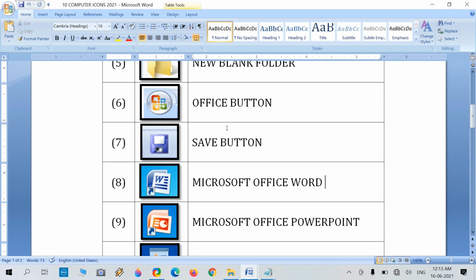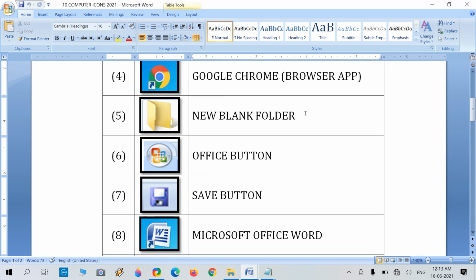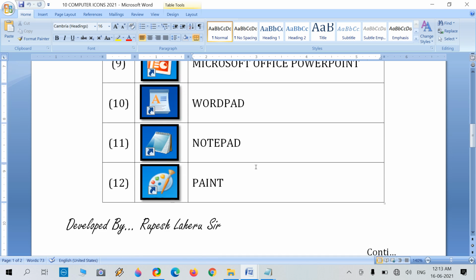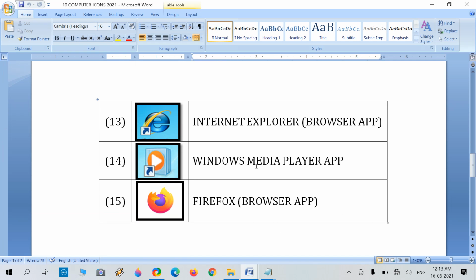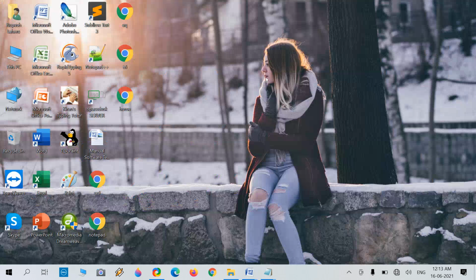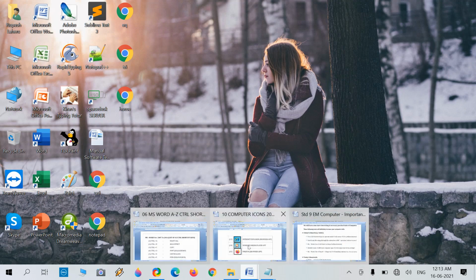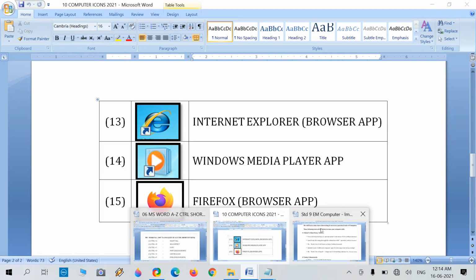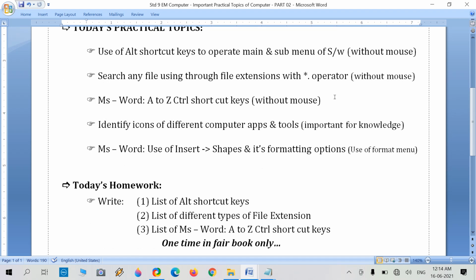This save button, office button, and new folder button, these all are buttons or tools. WordPad, Notepad, Paint, etc. We have Firefox. That also requires, we need to understand which kind of icon we have on our computer. At last of today's practical,